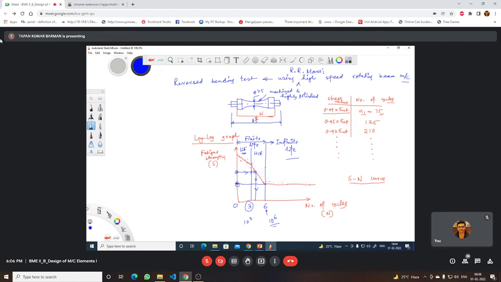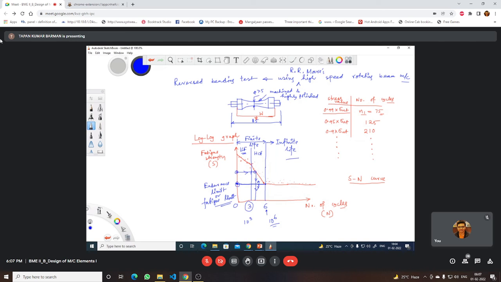So this limit value is called endurance limit. It is also called fatigue limit. So we have to design the component based on this endurance limit or fatigue limit when the component is subjected to this type of fatigue loading. Now, this is the maximum completely reversed stress. If we go beyond this, the material should have finite life. It is below this endurance limit, so the material should get infinite life.